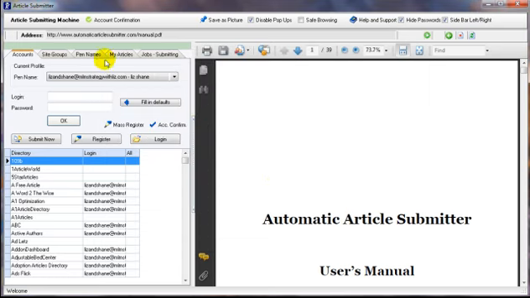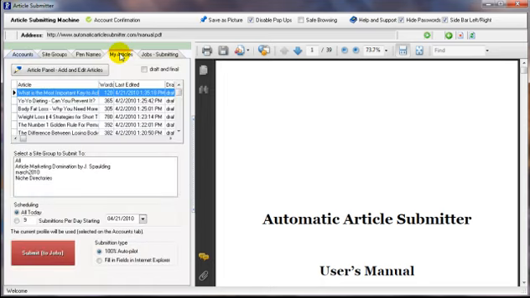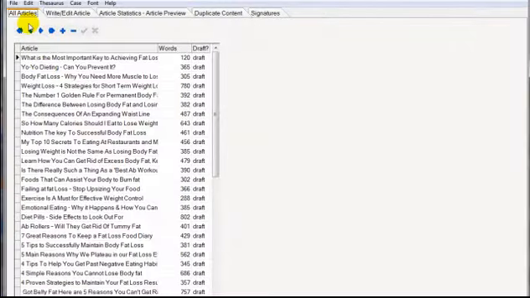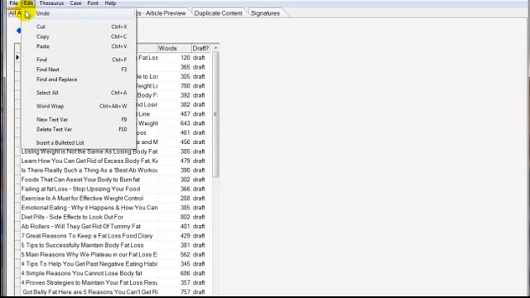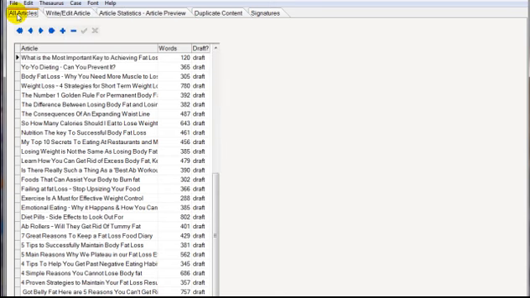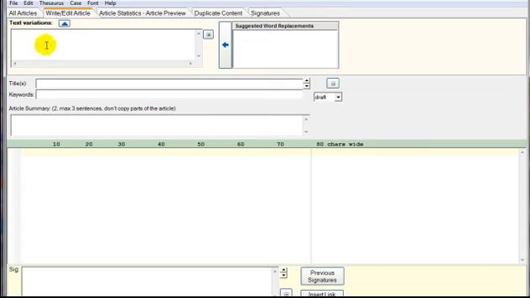The next thing I'm going to show you is the articles. Okay, now this is a niche that I like to write about. To add a new article, you just go up here, click File, and click on New Article. Okay, and it brings up this screen here. Now this part here is where the body of your article is. Up here is where you'd put your summary, your 2 to 3 sentences, and up here is your title. Okay, and your keywords in here. And this down here is your